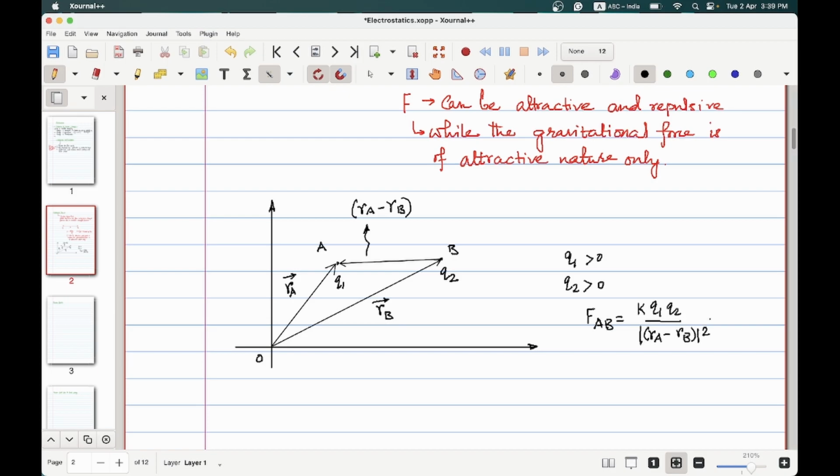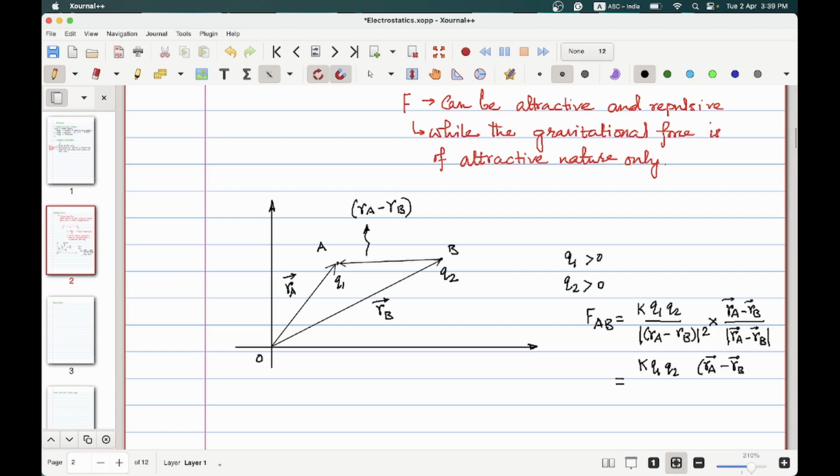Up to this point is right, but there should be another term, the vectorial term, the unit vector along this line, that is RA minus RB by mod RA minus RB. So this is basically K Q1 Q2 times RA minus RB. These are vectors, of course,